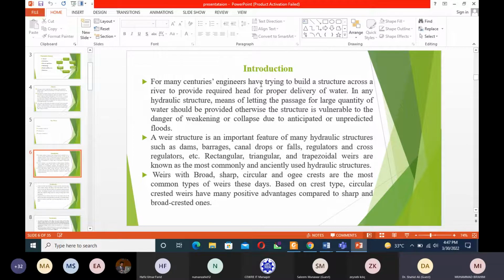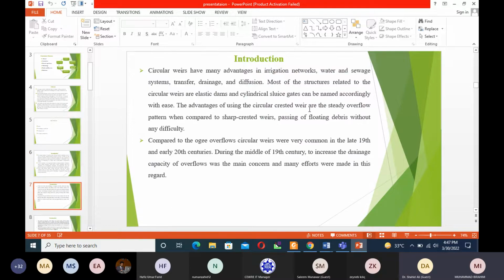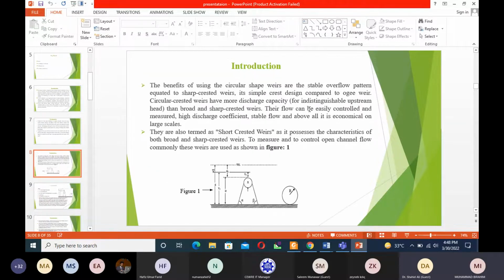So this is the introduction. For many centuries, engineers have been trying to build a structure across a river to provide proper delivery of the water. So different types of weirs are available, like broad crested, sharp crested, and circular crested weirs. Ogive crest type weir. So the main point which I have to raise is that